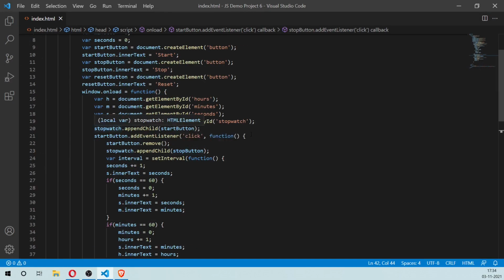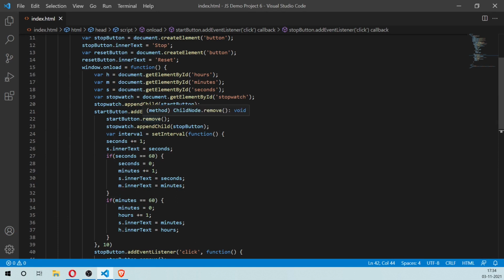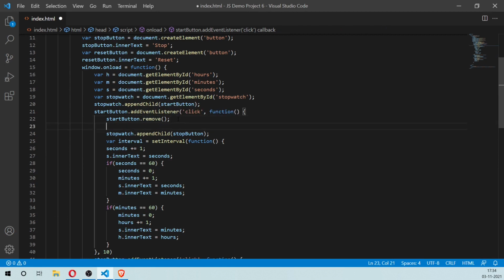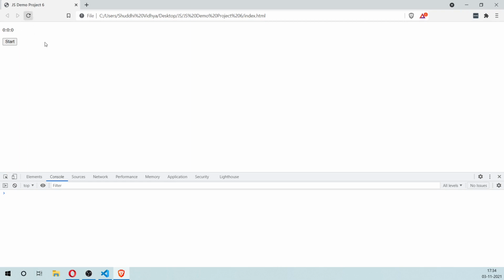Okay, so when we click on start, it should remove the start button and also remove the reset button. Okay, let's see. Start, stop, reset, start, stop, start, stop. Okay, now everything is working perfectly.